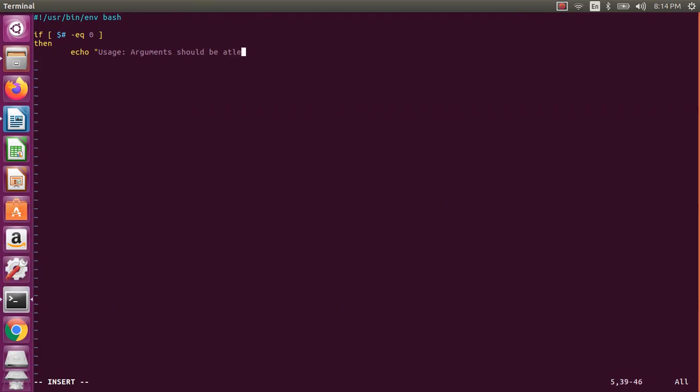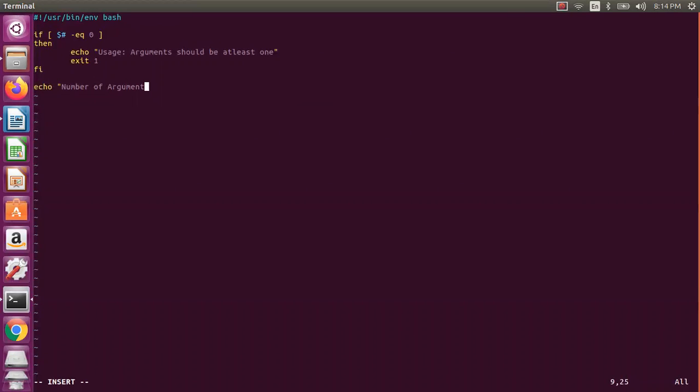Then we can say exit or return, doesn't matter. Exit 1, because we are expecting an error. Okay, so now let us print the number of arguments for our understanding.